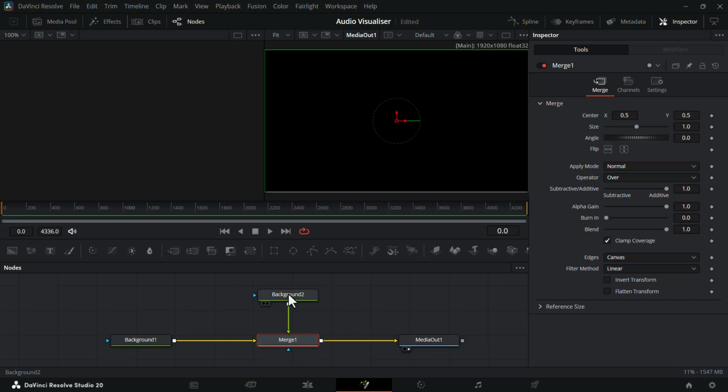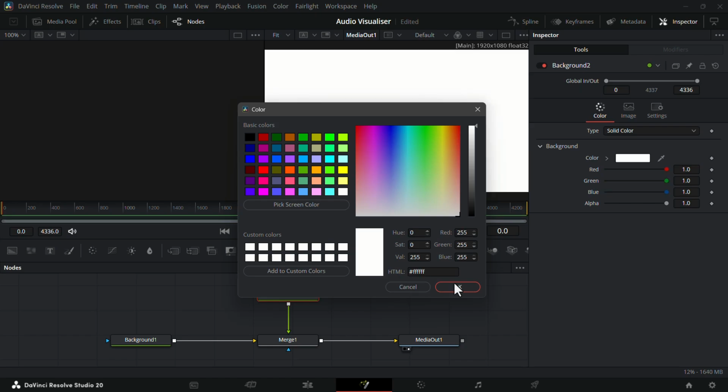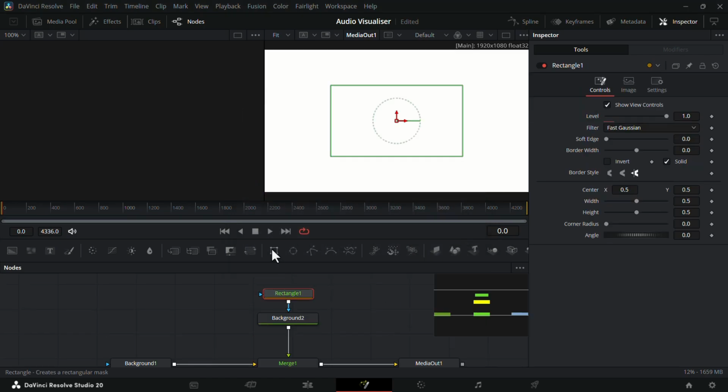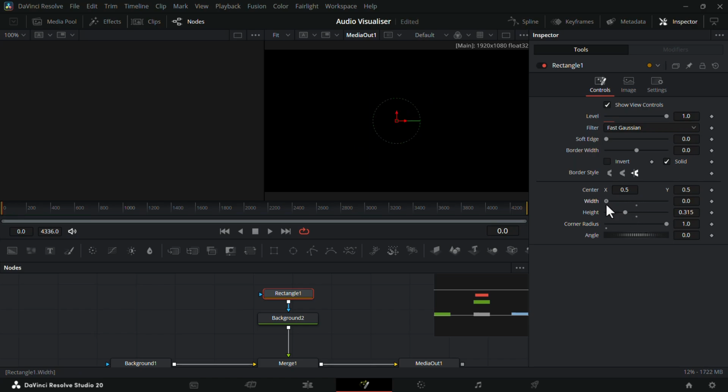Select this new background and set its color to any color you like. In my case, I'll make it white. While it's selected, click on the rectangle mask icon to add a mask. Select the rectangle mask, increase the corner radius to 1 and reduce the width and height so you get a